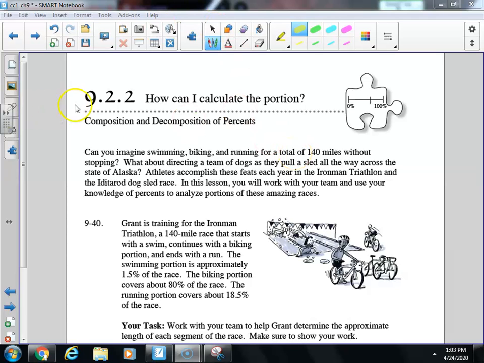Today we're going to be working on lesson 9.2.2. We're talking about composite and decomposition, meaning building and breaking down percentages. So if you read along the introduction with me, can you imagine swimming, biking, running for 140 miles without